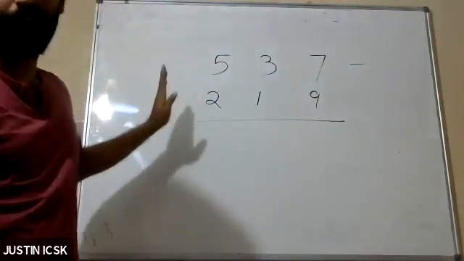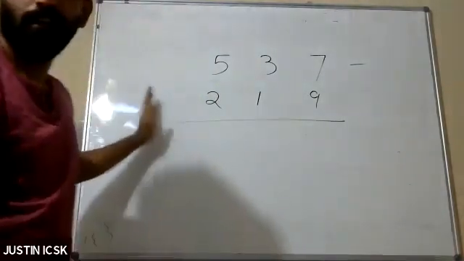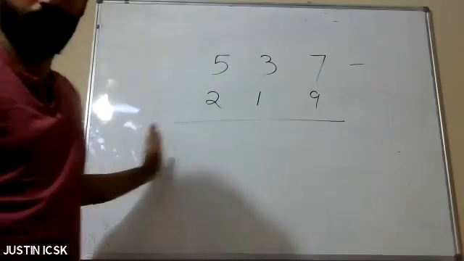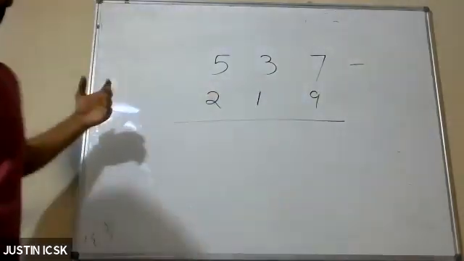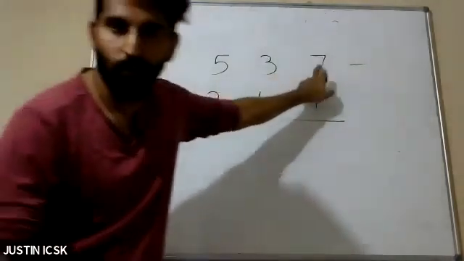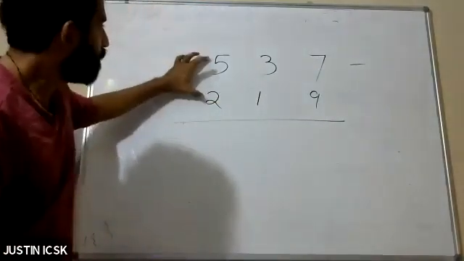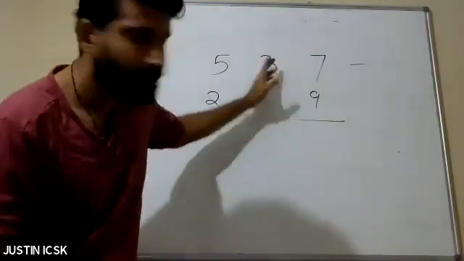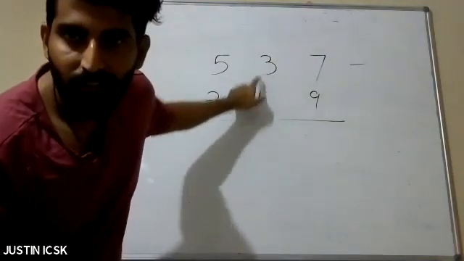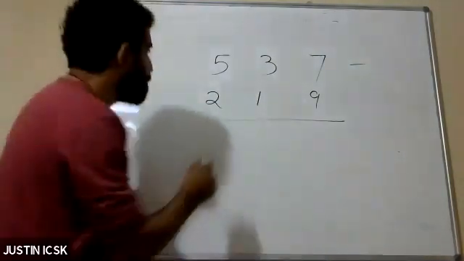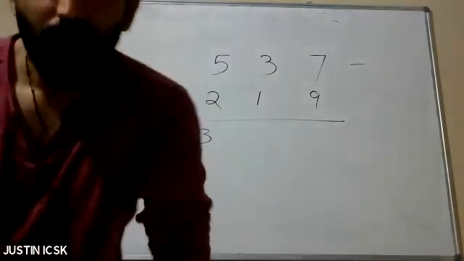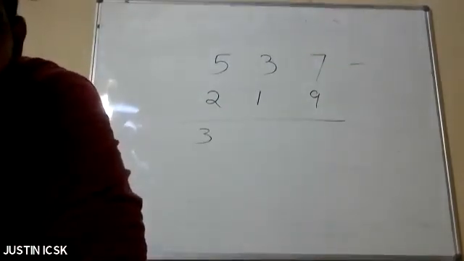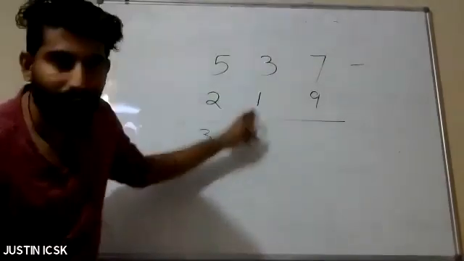All these subtractions we are doing from left to right. I told you, I'm not taking from that side. Normally subtraction we do from this side. 5 minus 2 is 3, but I will check the next. Next also direct, so no problem. We can write 3 because next is direct.